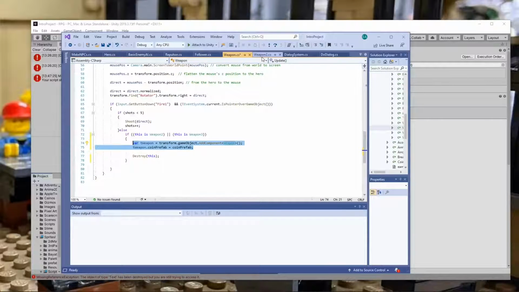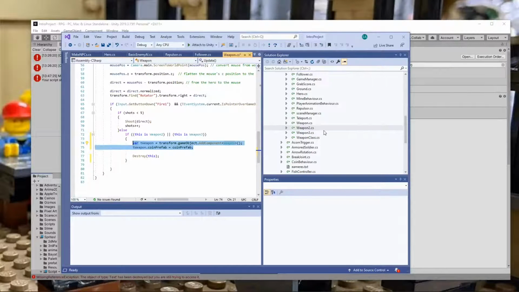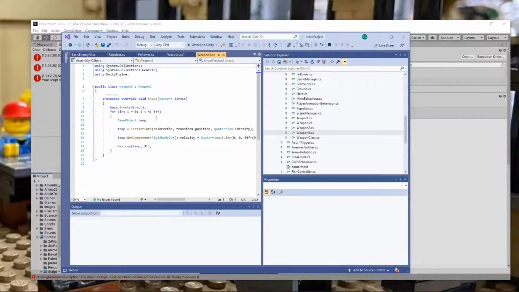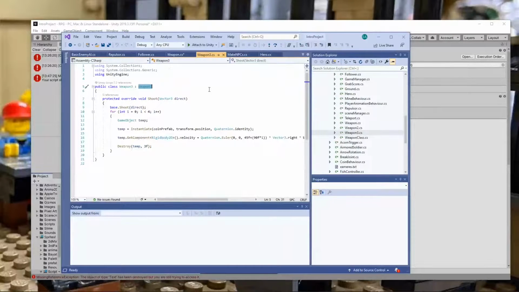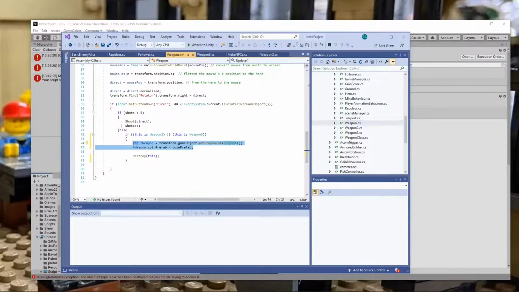And then if we look at Weapon3, it's similar, and it derives from Weapon2. This is kind of a fancy, little bit of a crazy way to do it. It does everything Weapon2 does, but we're overriding shoot one more time. So this is going to call the existing shoot for Weapon2, which was this version, and then it's going to call this version.